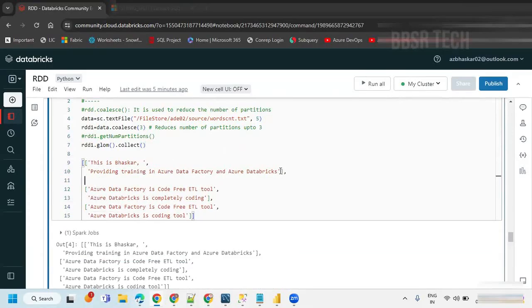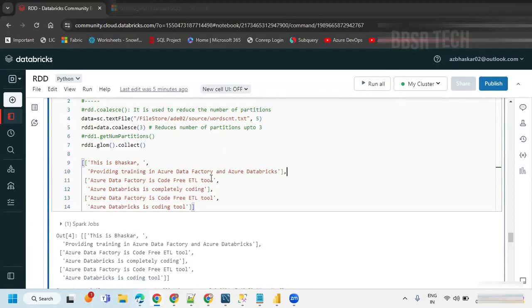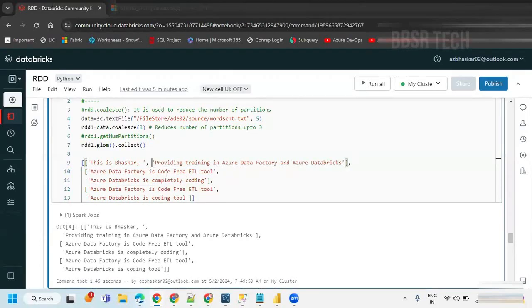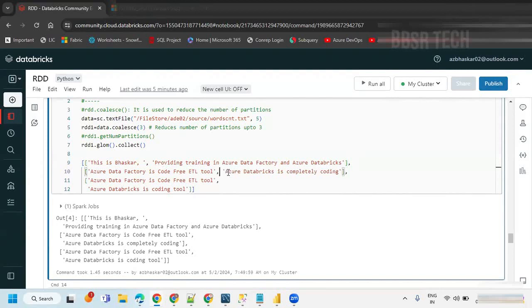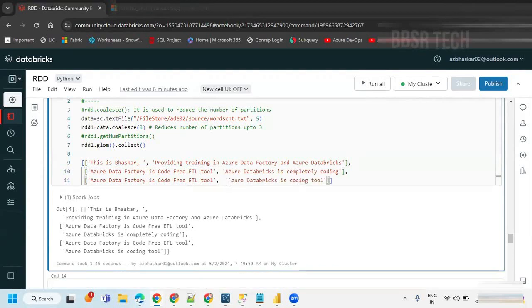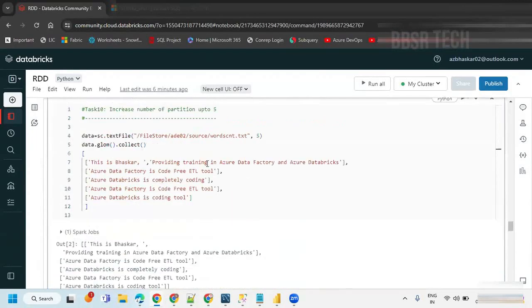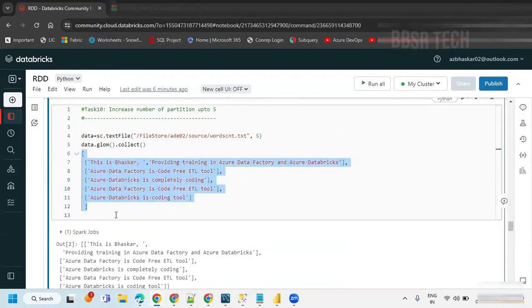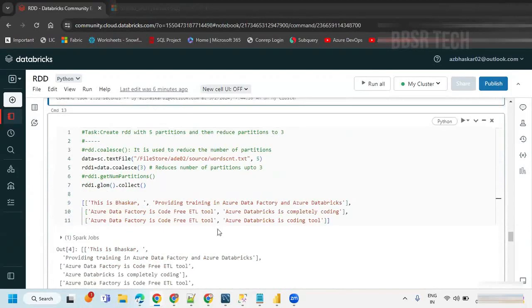You can see this is one partition and this is one partition and this is one partition. Okay, I'm just keeping something like this for better understanding. And here also I'm just going to keep something like this. Now just compare this value. For comparison, I'm taking